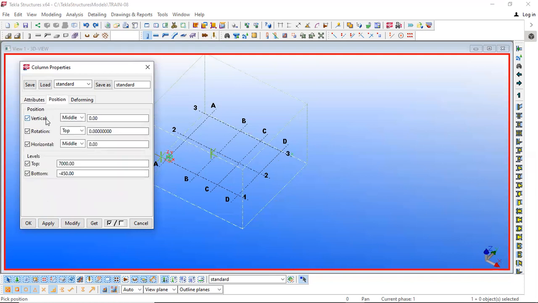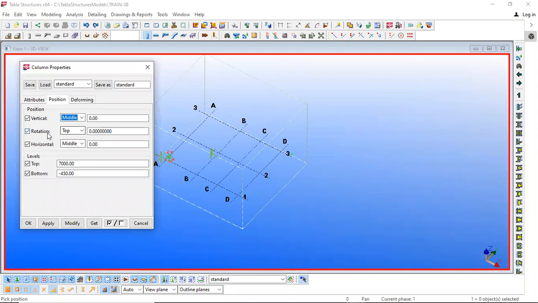Then we have position here. In position you can see there is vertical position given, middle, down and up. This we can change as per the requirement in the design drawing or in design. So whatever the requirement is given in design, we can manipulate as per that. Generally for I section columns, we will keep this as middle and middle, both the areas. Horizontally and vertically, the column will be in the middle. Okay, so the line of action of the column will be passing through its center. So that's why position will always be in the middle for columns, any kind of column.